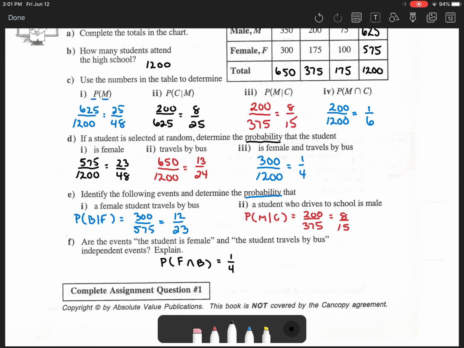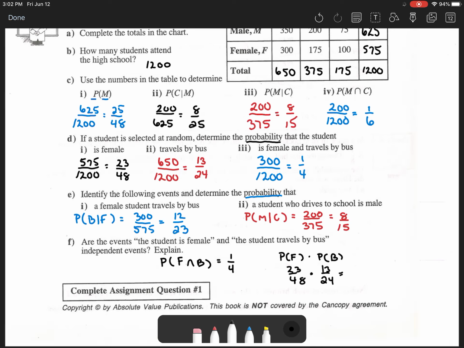The right-hand side of the equation would be, if they're independent, the probability of F times the probability of B. The probability of female, remember, was 23 over 48, and the probability of bus is 13 over 24, both calculated up above. You multiply those together, and you're going to get 299